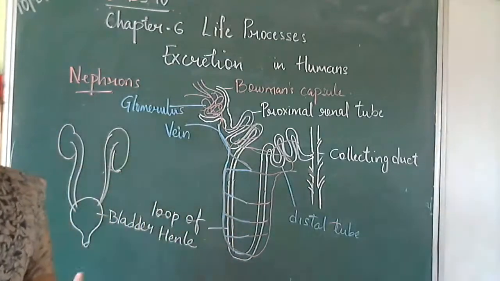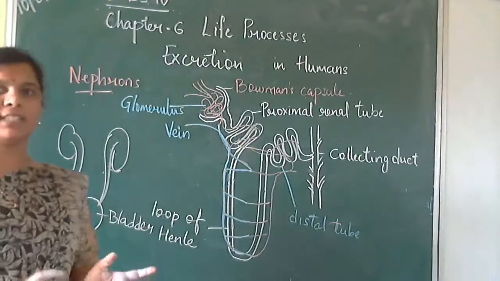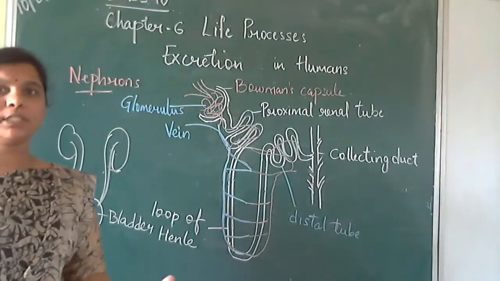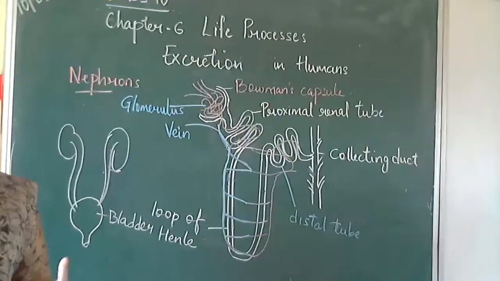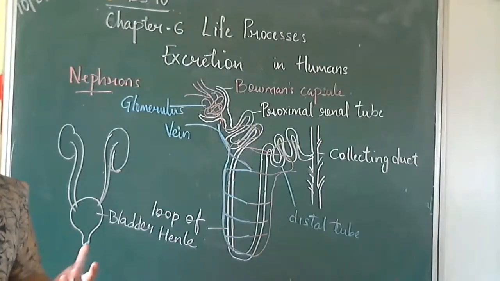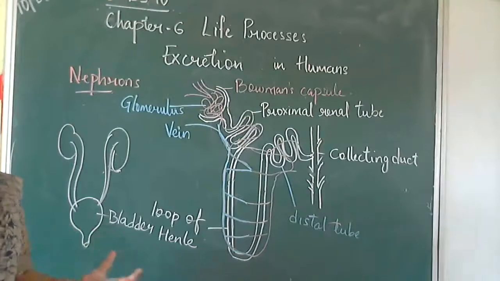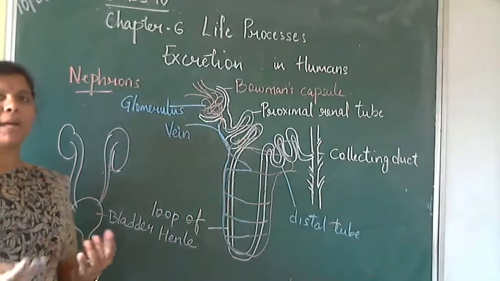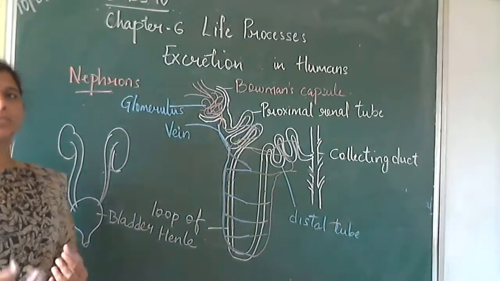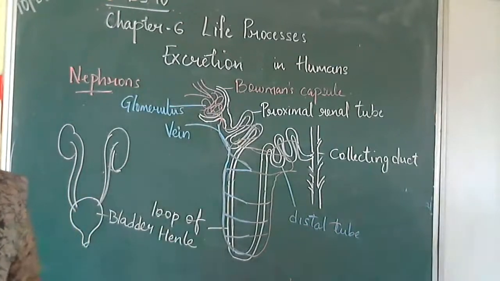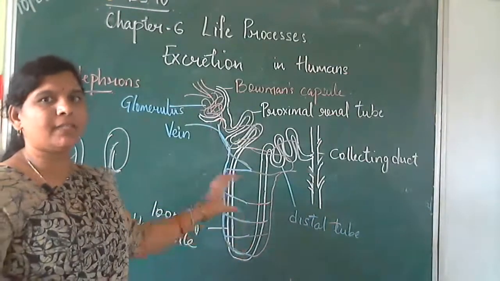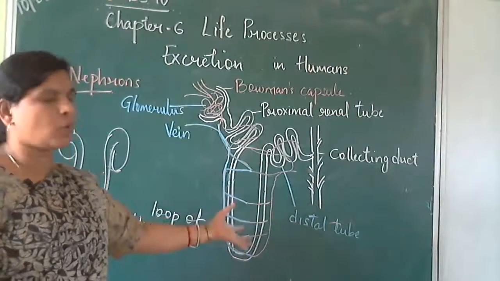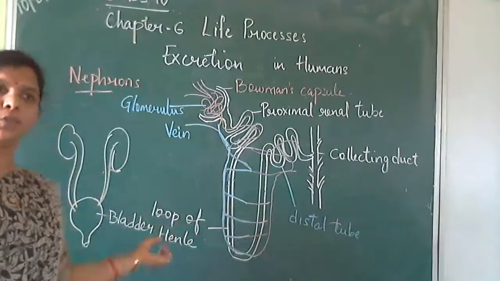In the lower organisms, mostly the excretion will take place in the process of diffusion. Okay, because as it is a single celled organism, that cell is in contact with the environment, so the passage of waste or the nutrients will happen only through the diffusion process. The reabsorbed water will be again transferred to the blood.